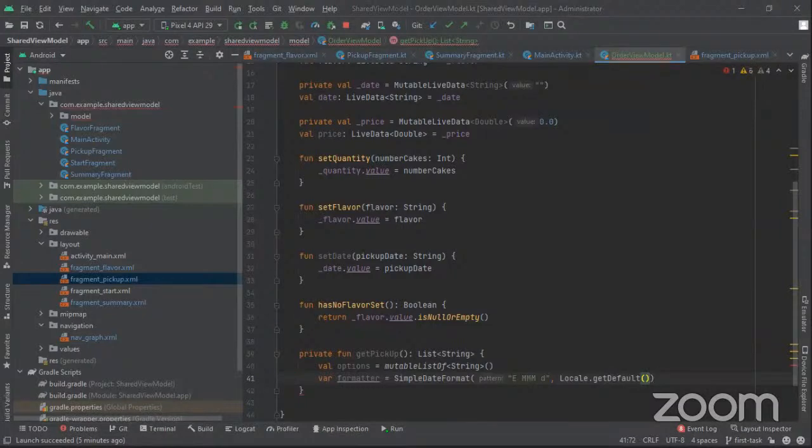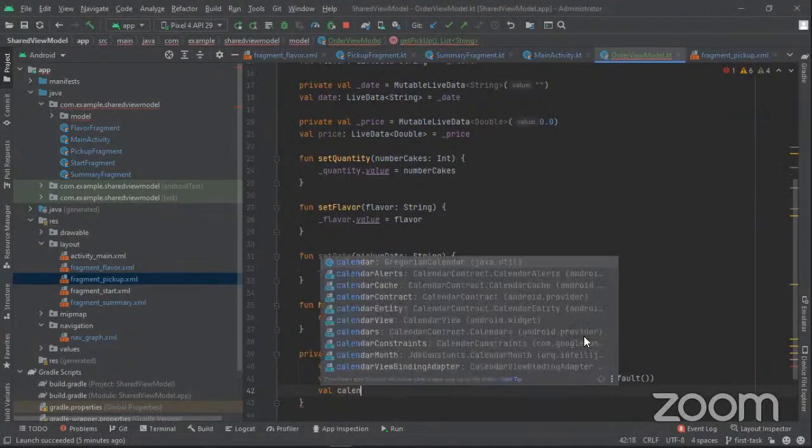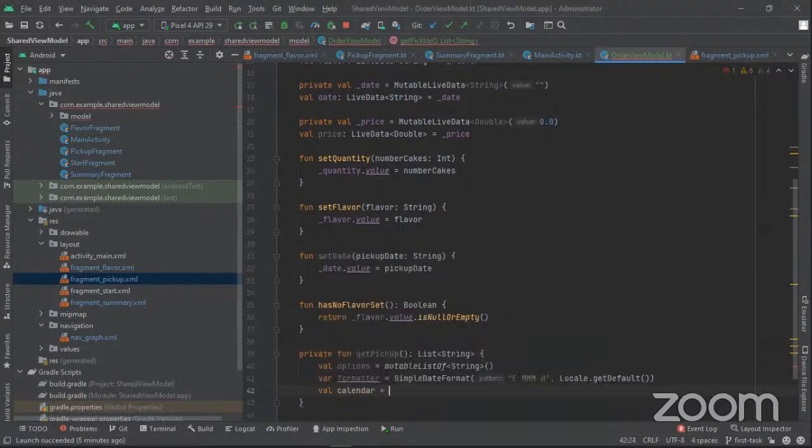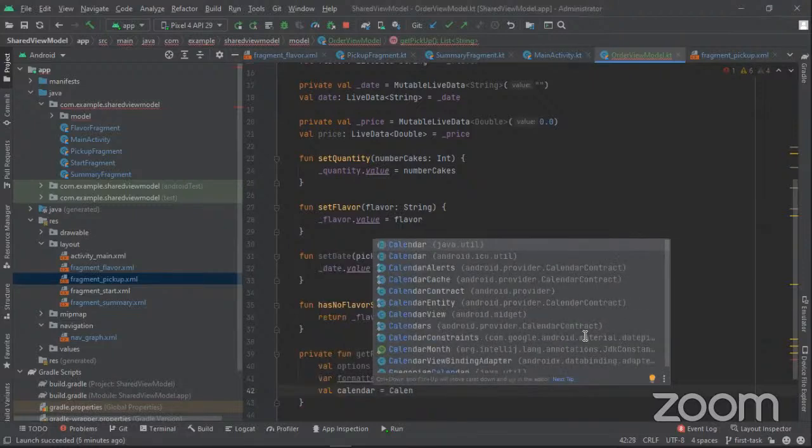Thursday, October 28th. That's how this will actually pass it to that. Okay, so the next thing we're going to do is to get a calendar instance. Okay, now we actually need the calendar. So I'm going to now say calendar dot